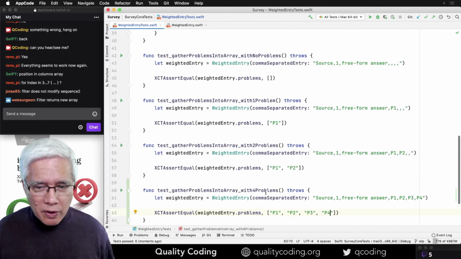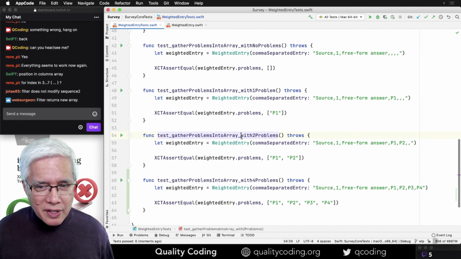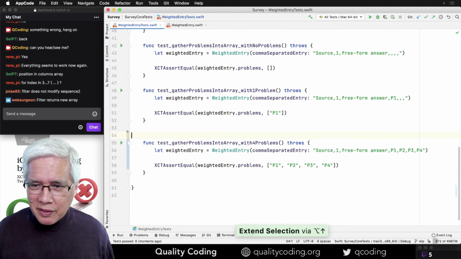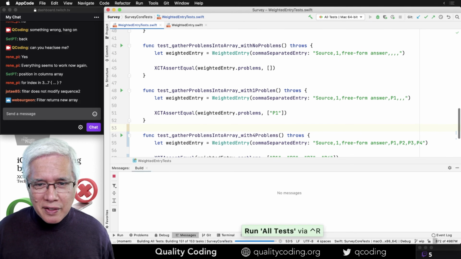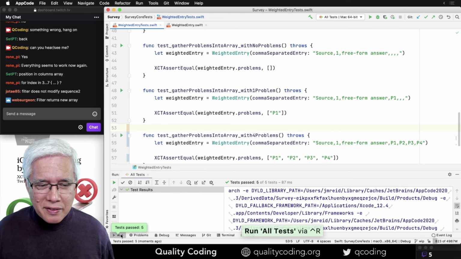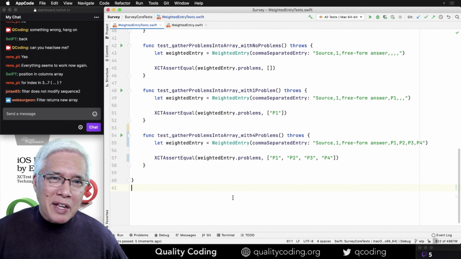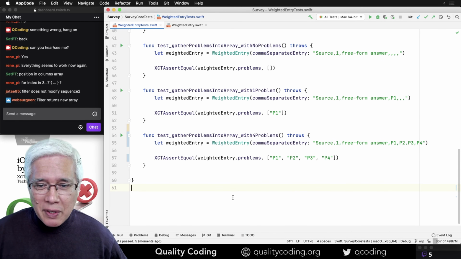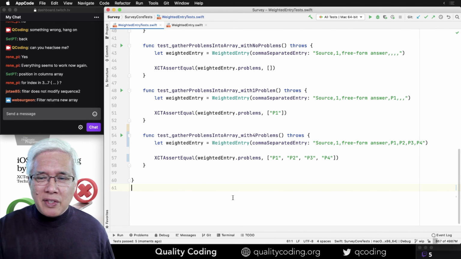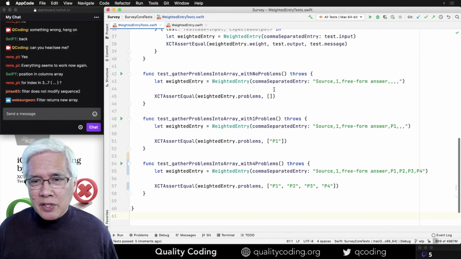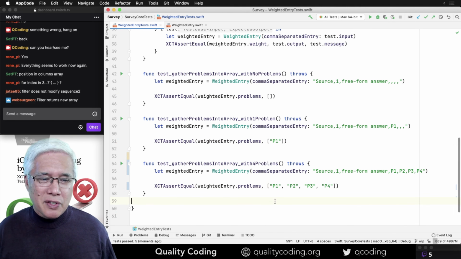Now that that works, I really don't need the 2 problems one. As soon as a test is no longer adding value, get rid of it, because there's nothing about the 2 problems one that the 4 problems test wouldn't find. I still kind of like having 0 and 1, but this is good.